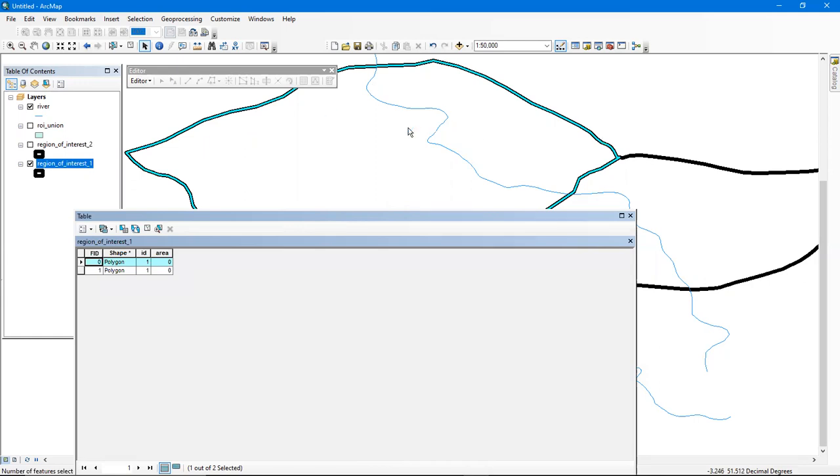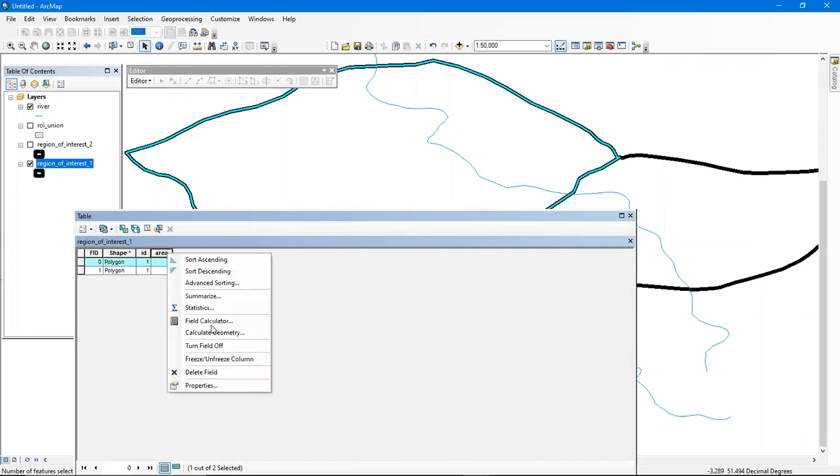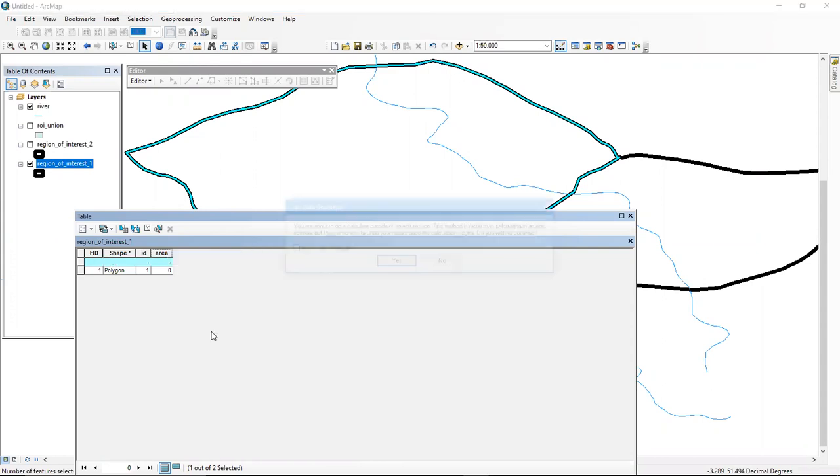Once I change the coordinate system, I will come here and add a column in the attributes table, and I will call this column area. Then I will select, and you will see the way the area is calculated. Right now you can see the area is 0. And if I go to calculate geometry,